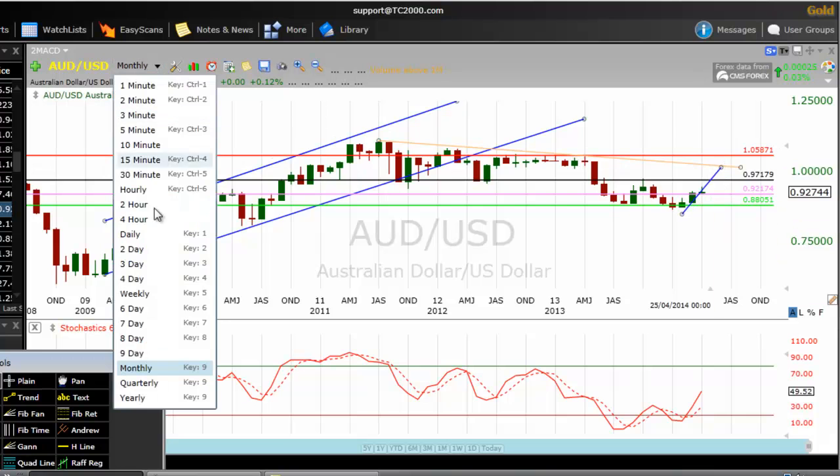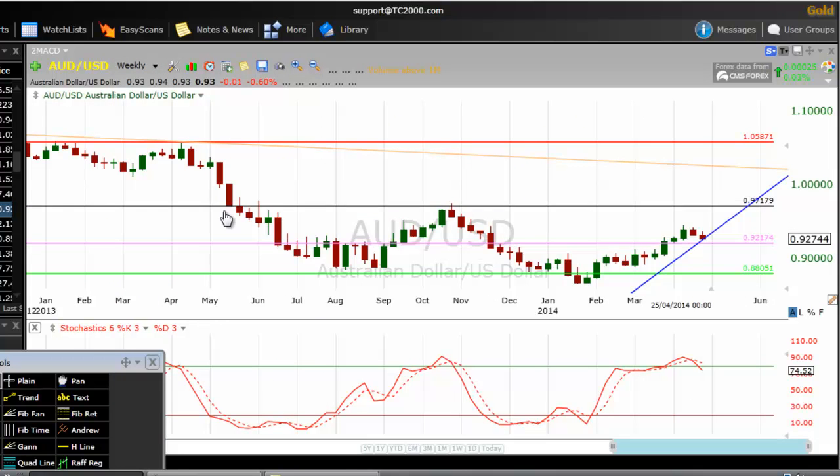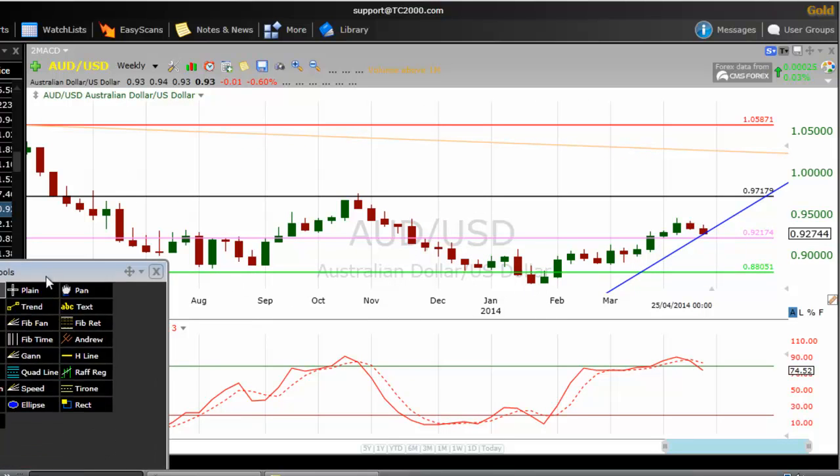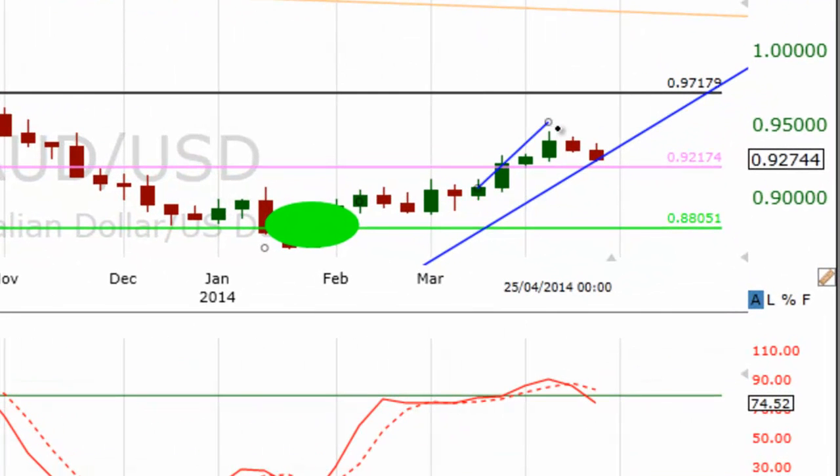If you go now to the weekly chart, what do we see? The price formed a double bottom at the low of 2013 on the weekly chart, and it started going up. But now it breaks above the long-term and the short-term equilibrium price level, and it is retesting it. But I say to you,